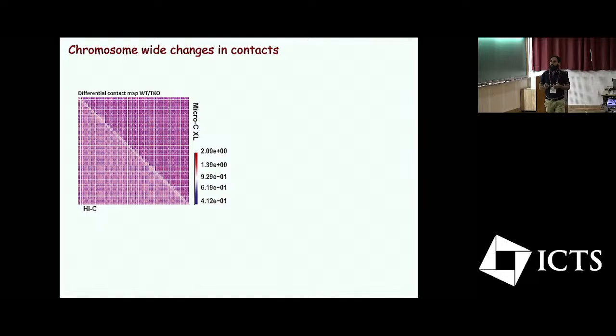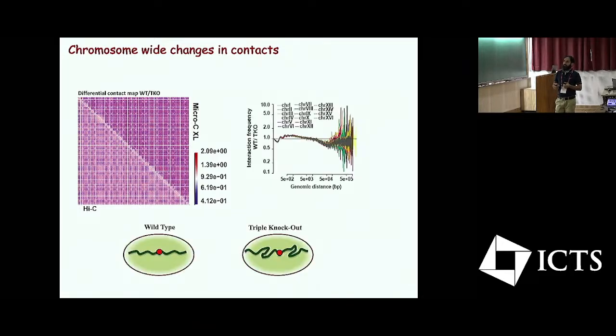So we also did Hi-C for both wild type and knockout. The bottom triangle shows the differential contact map for the Hi-C, and this shows the differential contact map from Micro-C XL. So if we look at the change in the contacts between the wild type and the knockout strain along the length of these different chromosomes, we see there's a decrease in the short range contacts in the knockout strain. This is wild type by knockout.